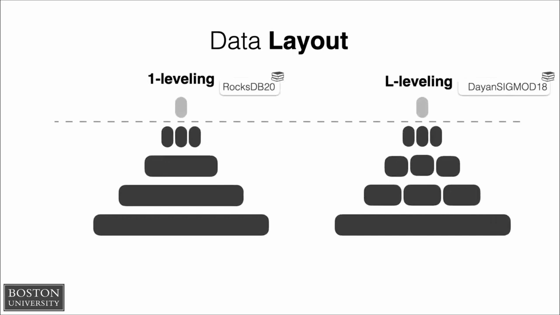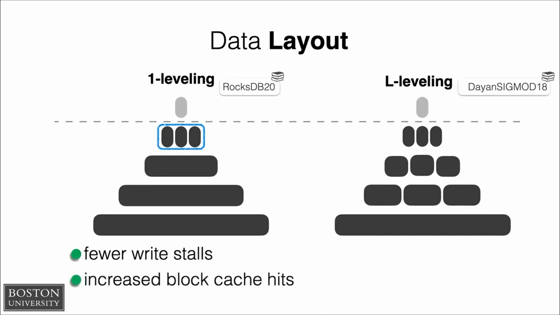Okay. So let us start with RocksDB, which proposed one-leveling strategy. What happens here is that the first level can contain up to T sorted runs. This is good for a particular class of workloads. Let's say I do not want to frequently merge my data when I'm flushing them from memory. So I do not do that. I retain them. And when we retain them, we are not incurring any frequent write stalls that compactions would have